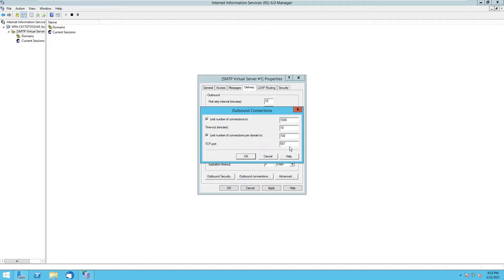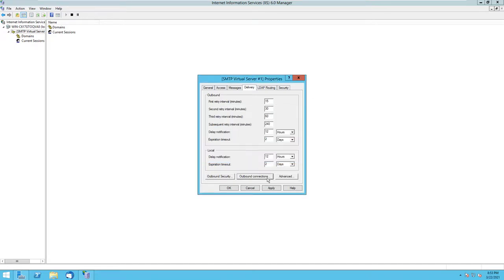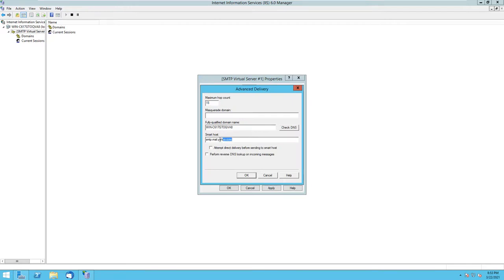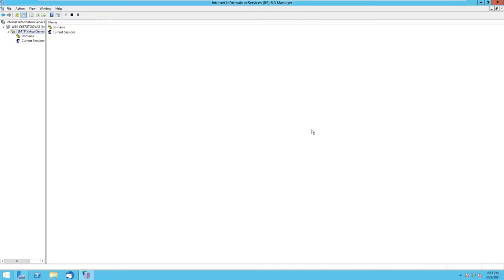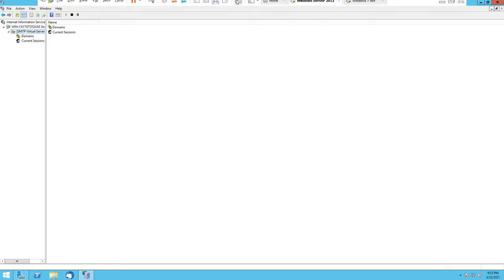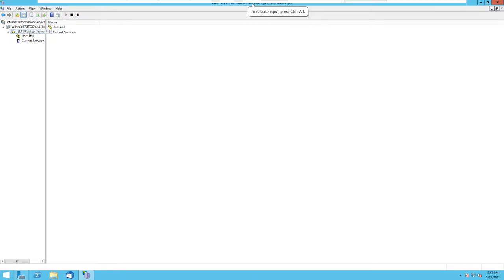In the outbound connection, you have to provide the 587 port number, sorry, you have to set the TCP port that you can check from your email settings. And in the advanced, you have to write the smart host, that is your mail server ID. Apply. So my SMTP relay server is ready. It is also known as a virtual server, right?